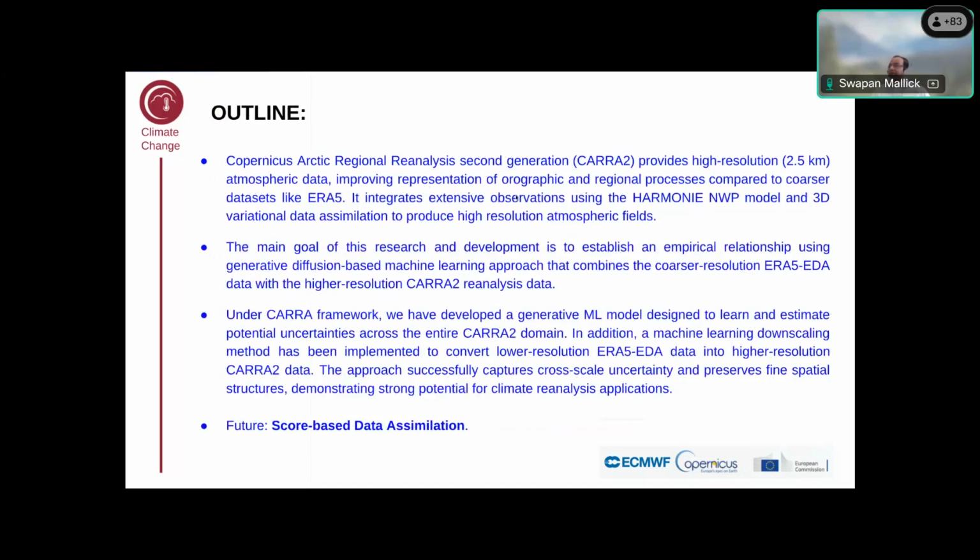It covers the Pan-Arctic region and uses 3D-Var data assimilation for production. The main goal of this research is to develop an empirical relation using a generative diffusion based machine learning approach, combining both ERA 5 EDA